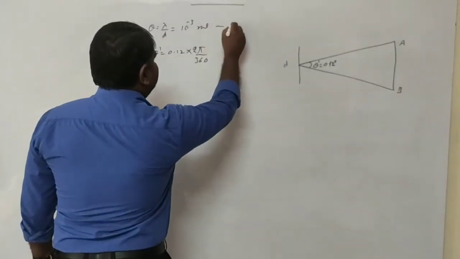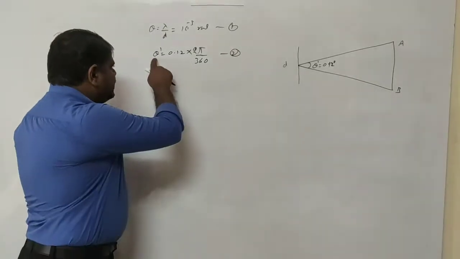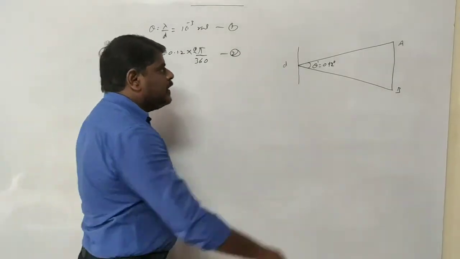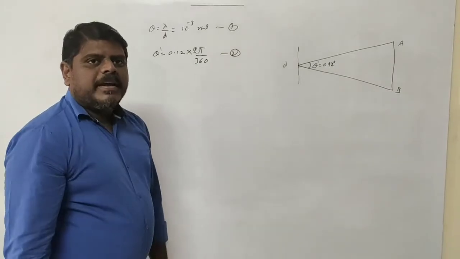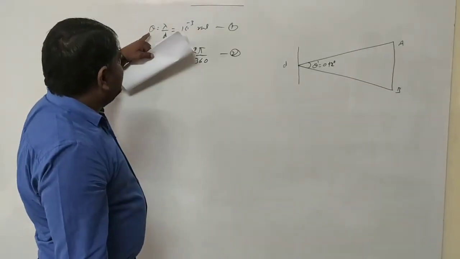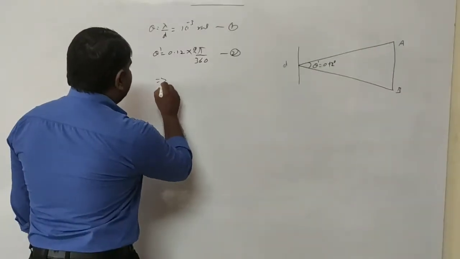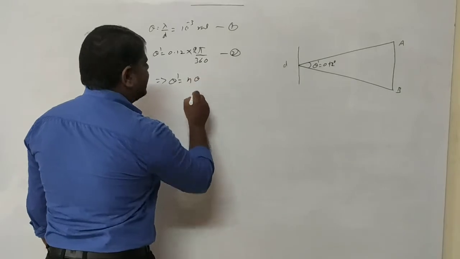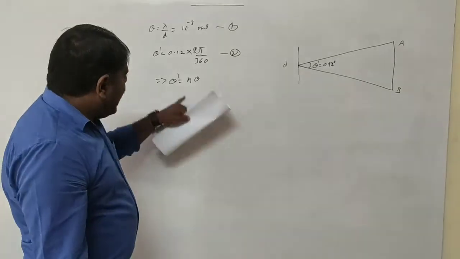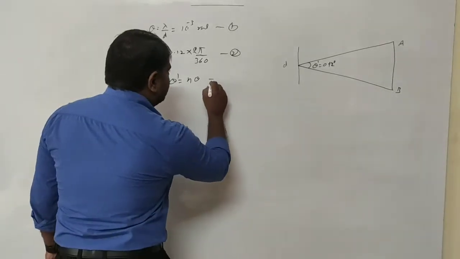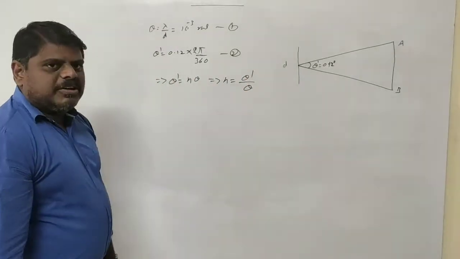This is equation 1 and this is equation 2, so don't be confused between the two terms here. This represents the total angular width, and this represents the angular fringe width. We don't know how many fringe widths are there, so let us say n fringe widths are there. That implies theta dash is equal to n into theta. The total angular width is n times the angular fringe width, and this n value we have to find out. So n is equal to theta dash by theta.